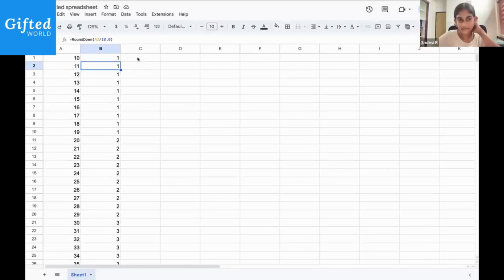Okay. Now, how do we get the units digit? Now we have to round up. So if you divide by 10, what you're getting is something related to the tens place, isn't it? And if you round up, how is that going to help you? Let's take a number like 16. If I take 1.6 and round up, I get 2. What I want is 6.